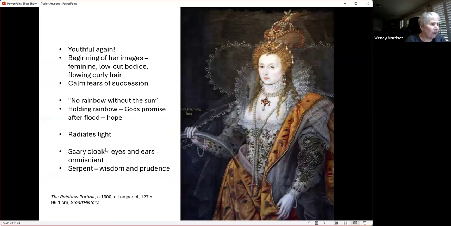About 8 years later, she's young again in her portraits. Now she's feminine looking, low cut bodice, flowing curly hair. This is the rainbow portrait. She has this rainbow in her hand showing hope. She radiates light. She's got this divinity, this all-knowing presence. It's kind of interesting if you look right here in this gold part of her cloak. It's got eyes and ears. She's all-knowing. Yet she's got this serpent here that shows wisdom and prudence in how she's going to use this